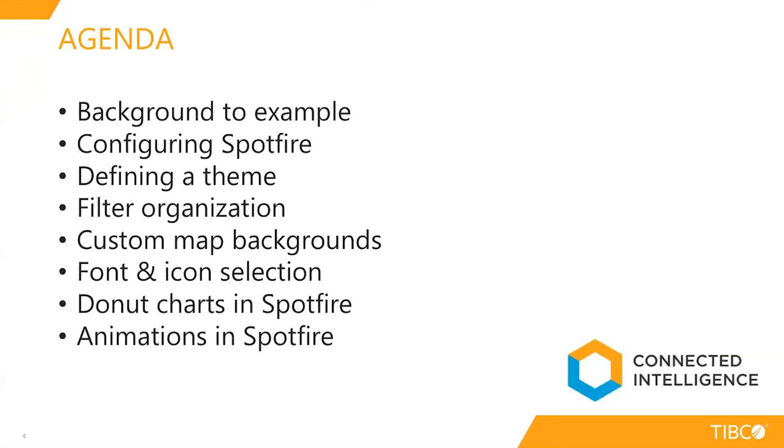And then to go through some of the topics around font and icon selection in your visualizations, or how you can tidy up the axes in different charts. Also take you through how you can use out-of-the-box visualizations and maybe use them in a slightly different way to what you might be used to. So in this example, we take a map chart and reconfigure it to show data as a donut chart. And then finally, take you through an example of how you can embed animations in Spotfire using a combination of CSS as the custom style sheets and